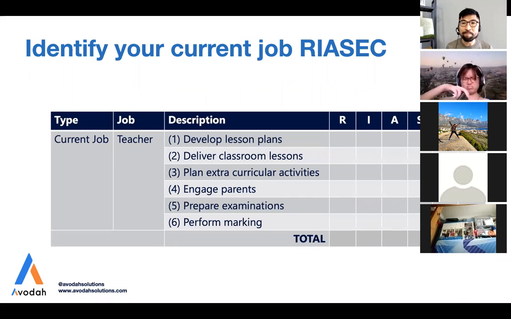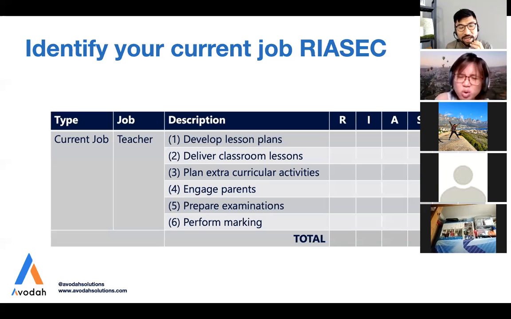Doing sales means that you are talking to customers. That's one description. It means that you need to memorize your product knowledge, your product details. That's a second description. You need to calculate your margins, calculate a price point. That's 3. You need to follow up with the people that you have contacted for sales. That's 4. So when you break down just doing sales further, there are actually very specific, detailed tasks that you need to put into the description. The more granular, the more finely you can identify these tasks and details, the more accurate your job code, your job RIASEC, will be.